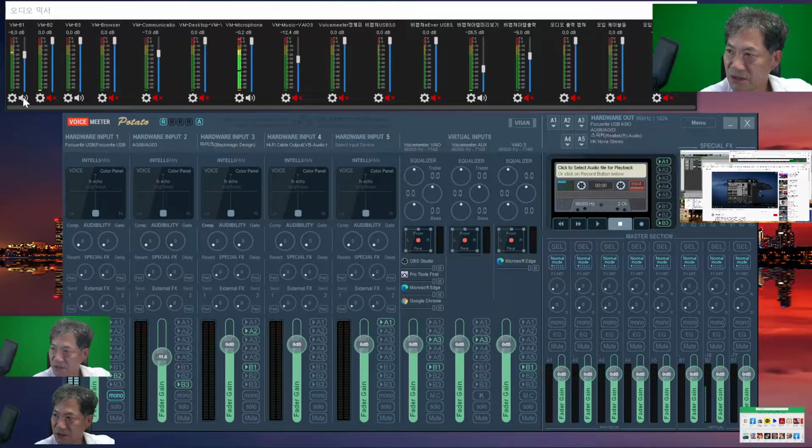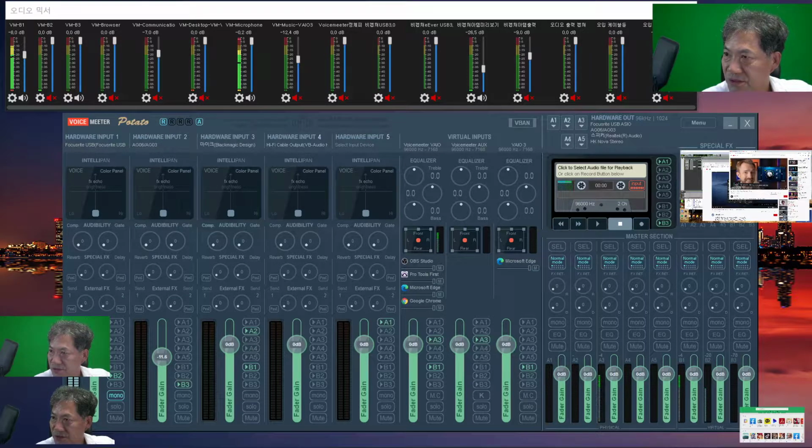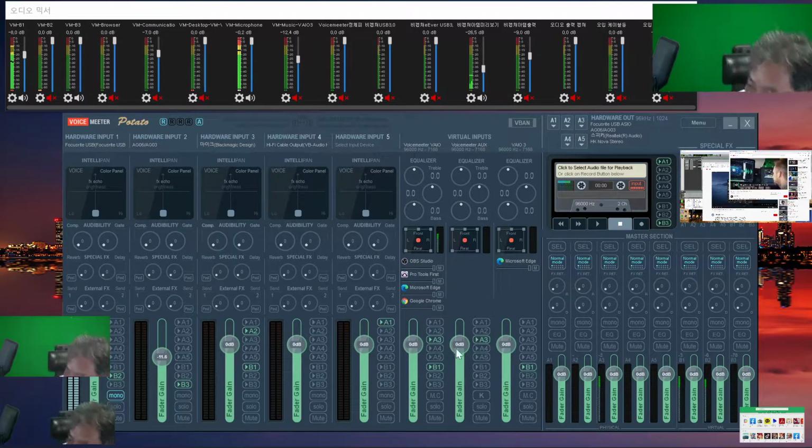B1 그 다음에 크롬이 아니라 엣지에서 브라우저 엣지 브라우저를 이거로 엣지 브라우저는 B3로